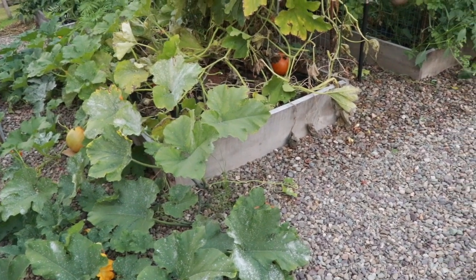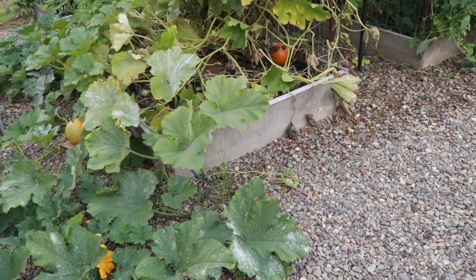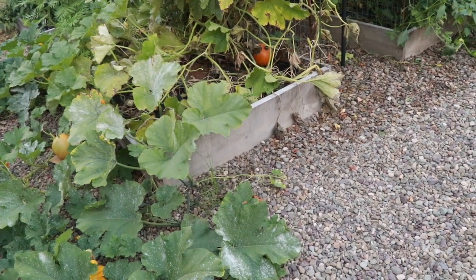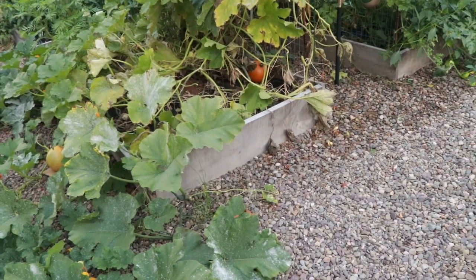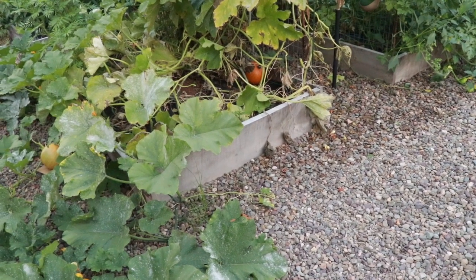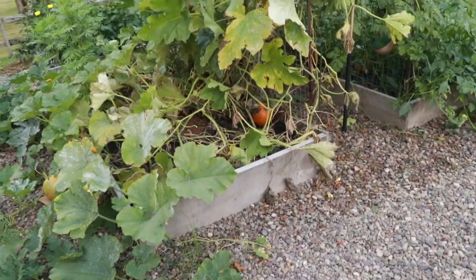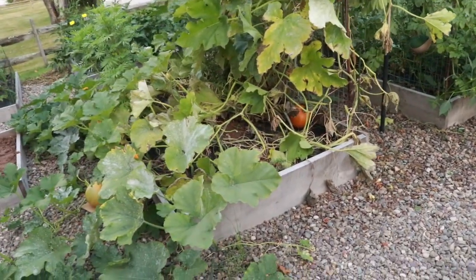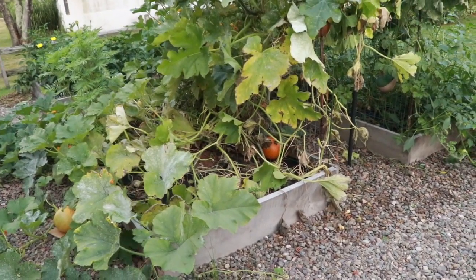The pumpkins are almost done. I'm sure it'll hold off. Everything will be fine until they're done growing and they're mature and orange. So, anyway, there's the pumpkins for you right there. Now, next year, my dear husband